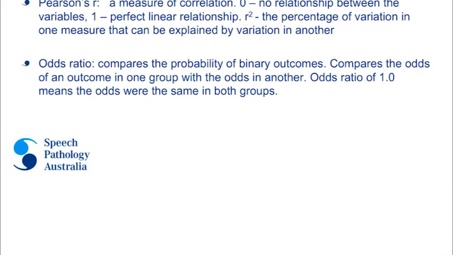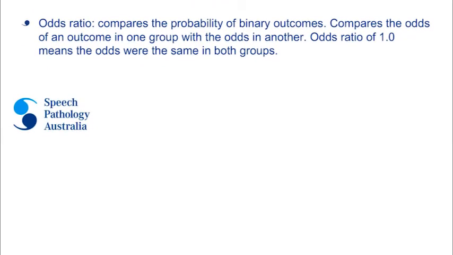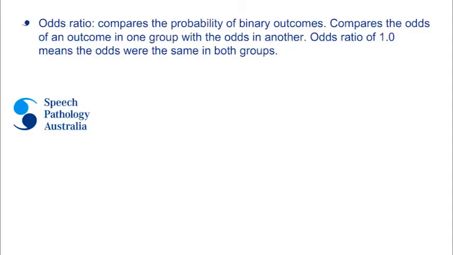Odds ratio is reported when we want to compare the probability of binary outcomes. So it compares the odds of an outcome in one group with the odds in another. An odds ratio of 1 means that the odds were the same in both groups. The sorts of binary outcomes that might be reported are recovered or did not recover, did or did not receive treatment. Higher odds means that the likelihood is higher in the first group than in the second, and the number